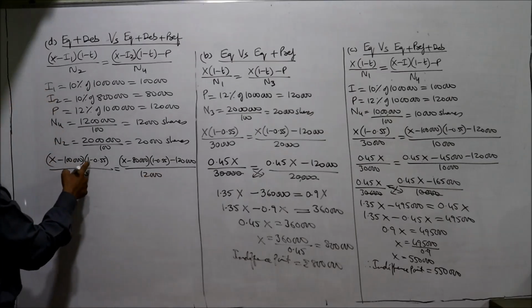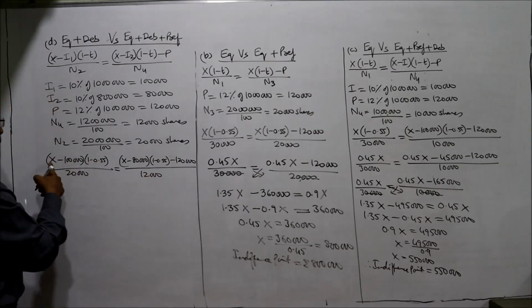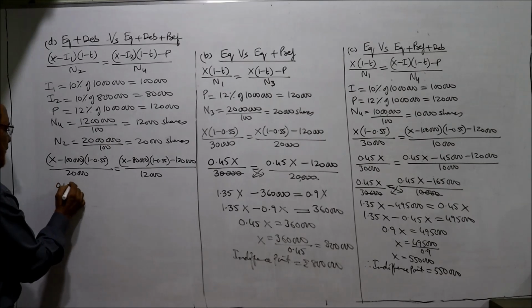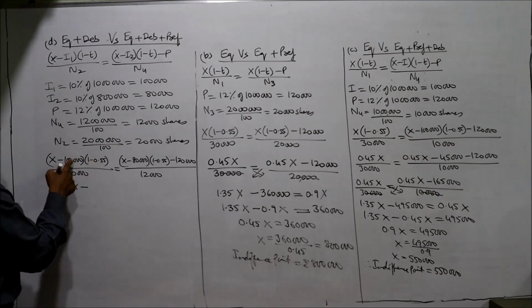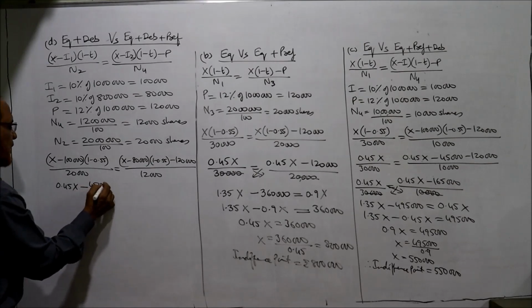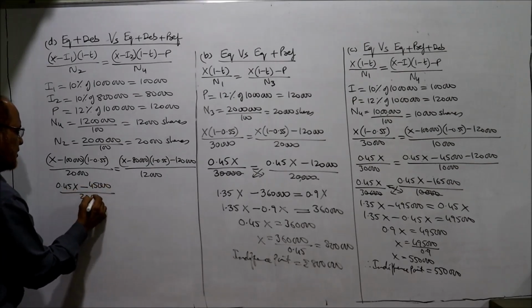Now we simplify. 1 minus 0.55 is 0.45, 0.45 into x, 0.45x minus 0.45 into 1 lakh, 45,000, divided by 20,000